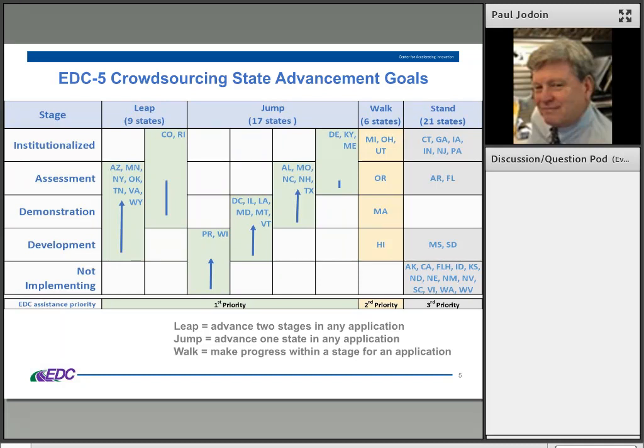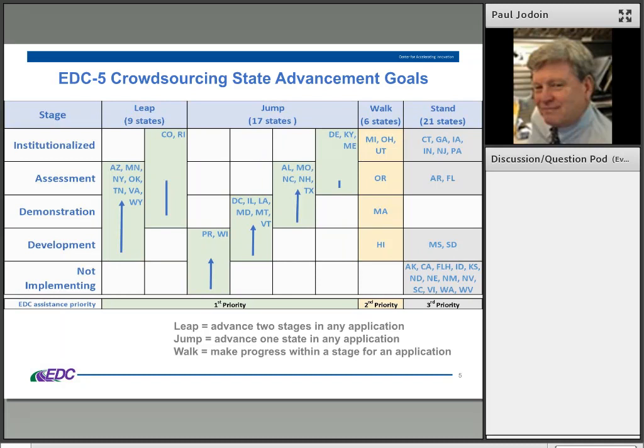And basically, the development is you're just starting to investigate what might work for us, how the approach, and demonstration is really you're taking something relative to crowdsourcing and doing a pilot program, and then the next step would be to assess that pilot or expand on the demonstration stage. And then some states have identified themselves as institutionalized. I don't know that that's necessarily the case based on our definition at least, but people are really advanced in some of the things. And I won't read the whole chart to you, but